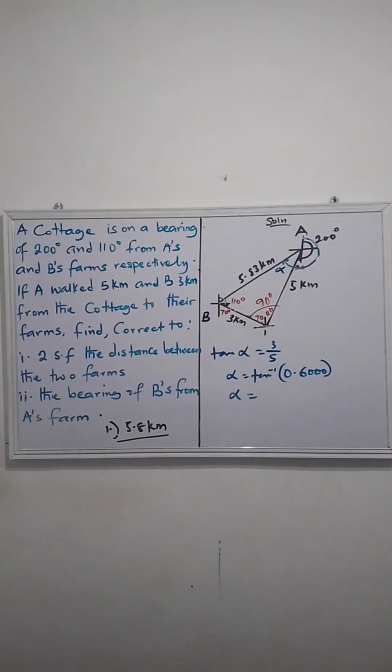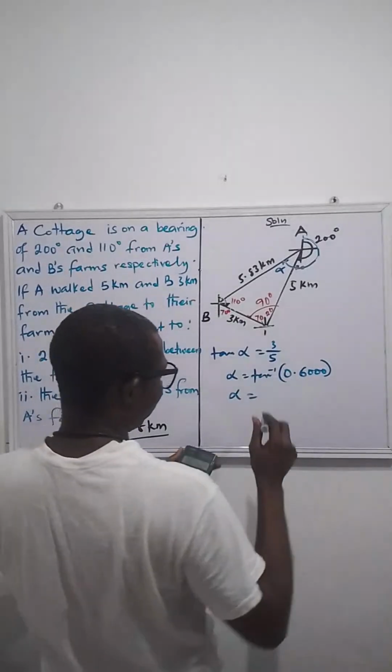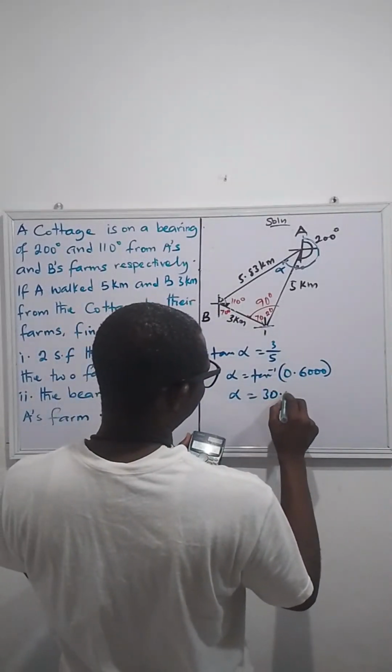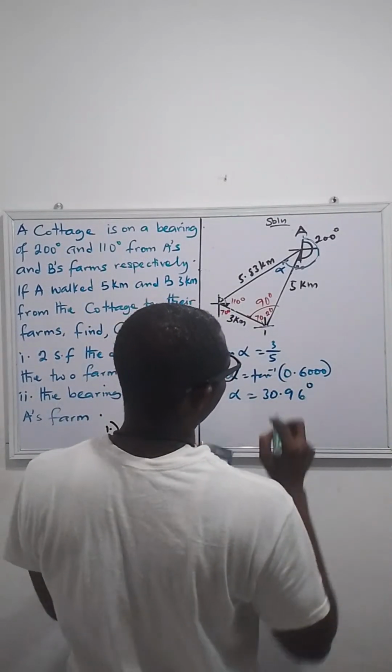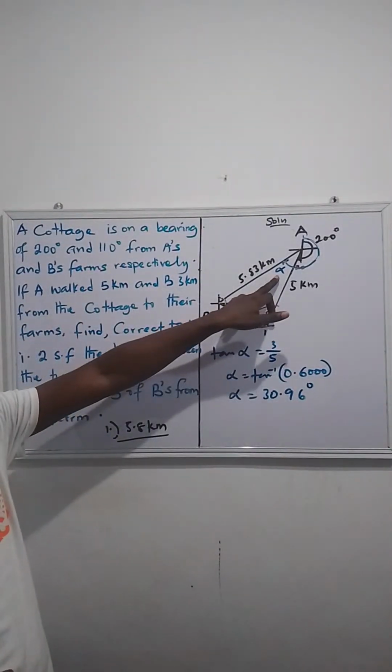All right. I think I can see some answers. Okay. That's 30.96. Okay, 30.96. Good. All right. So yes, I can see our answers. So that's 30.96 degrees. Okay, so now this is